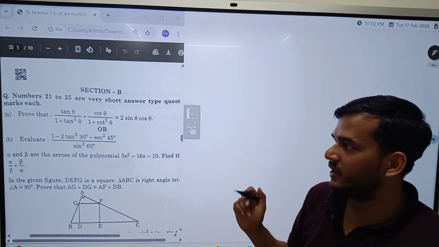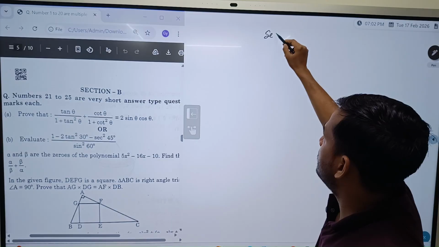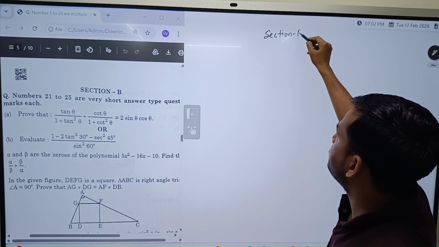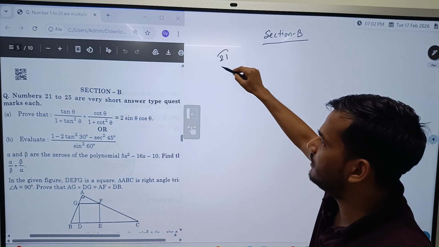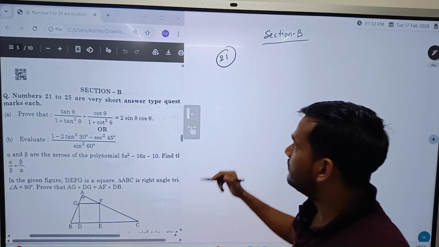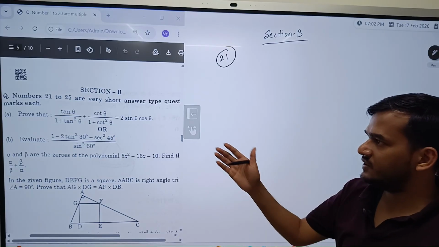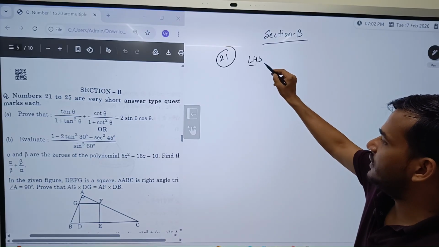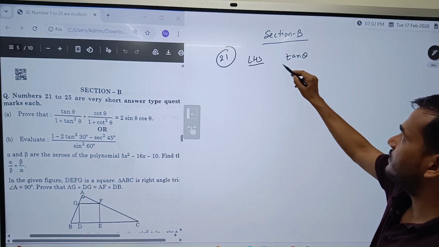Now coming to section B. This section is for 2 marks. Now see question number 21. This is proving type. So we will take the LHS. LHS: tan theta upon 1 plus tan square theta